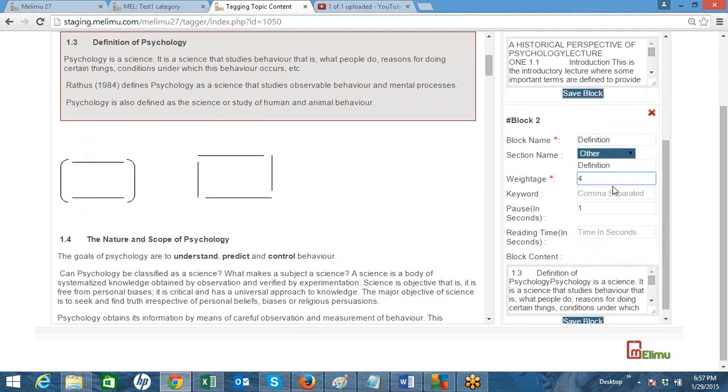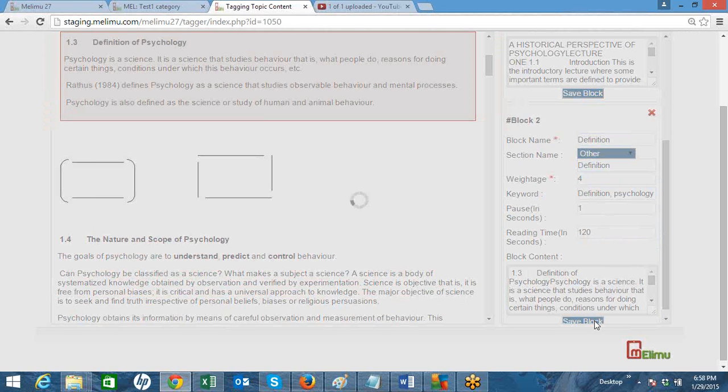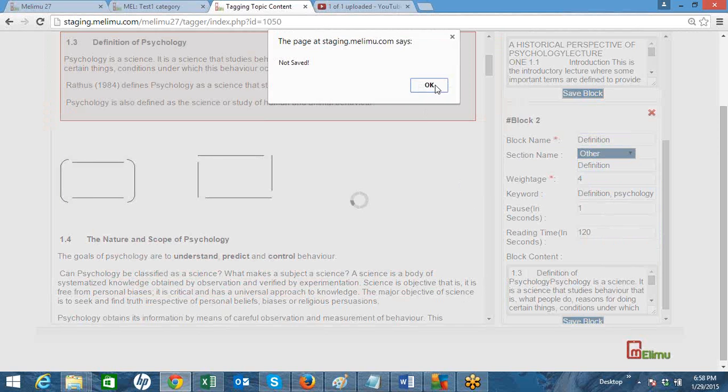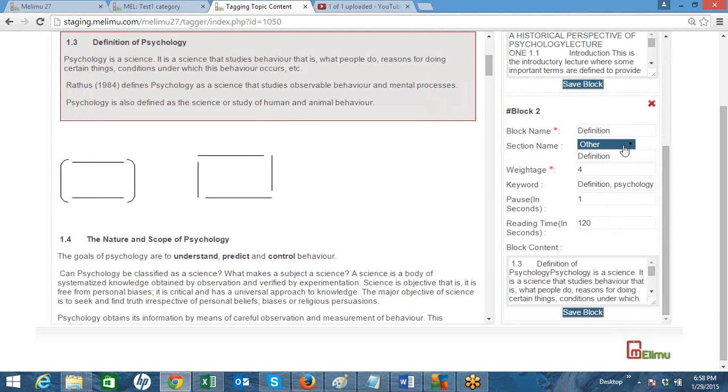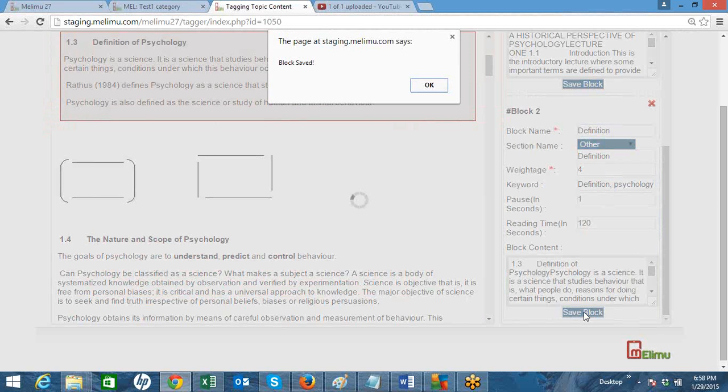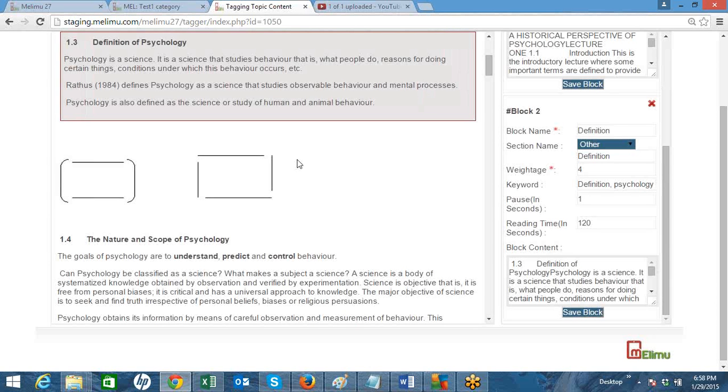Provide the weightage. Click on Save Block. Block saved. Once it is saved, try to create further blocks.